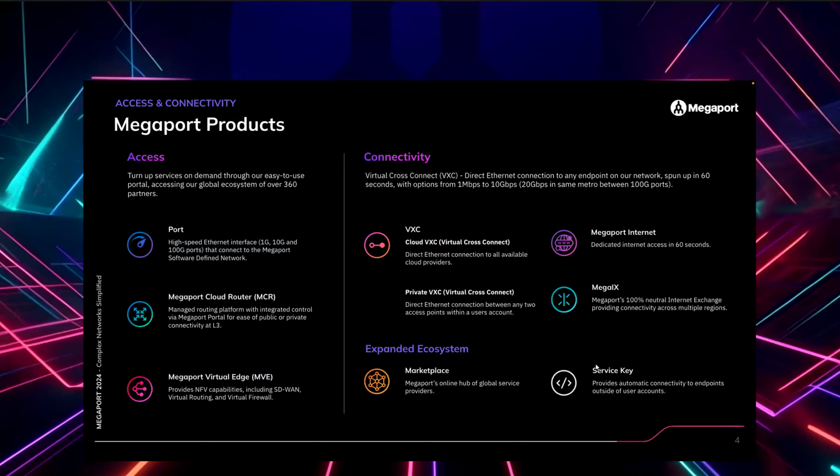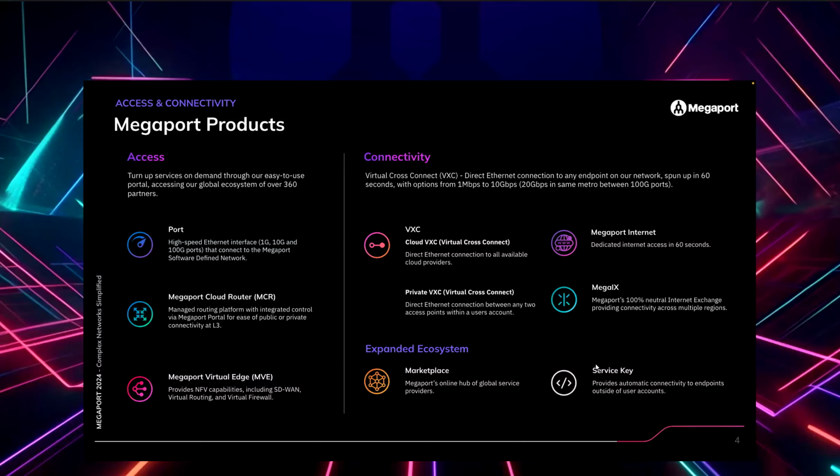Megaport Virtual Edge takes that same compute type of concept and extends it to routing, SD-WAN, and firewall vendors. As an example, if you're using Palo Alto Firewall or Prisma SD-WAN, you can actually take a license from one of those vendors and install it on our compute and use that as another branch location that you can manage from an orchestrator. And I actually have an MVE stood up, but we're going to walk through what that looks like. And it is a great way to extend connectivity to branch locations without needing a last mile connection.